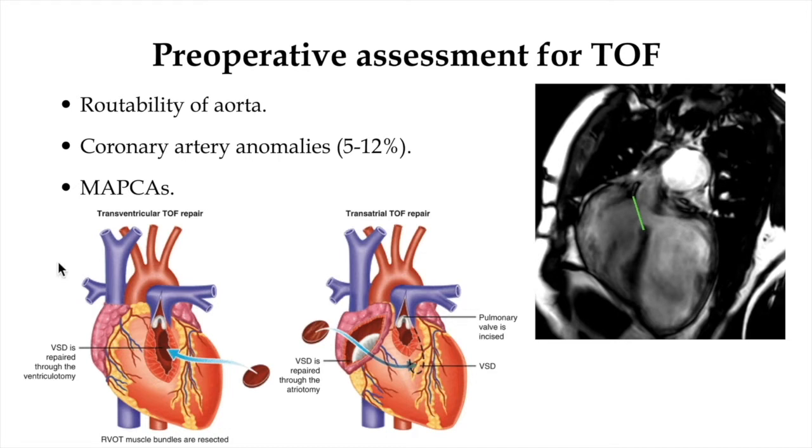Another consideration is the dilated aortopulmonary collaterals. If they are big in size, they have to be obliterated during the surgery of the TOF. If there are multiple MAPCAs and they supply a large number of lung segments, then surgical unifocalization of MAPCAs can be done. As we see, there is an importance of pulmonary artery sizes in the management of TOF,